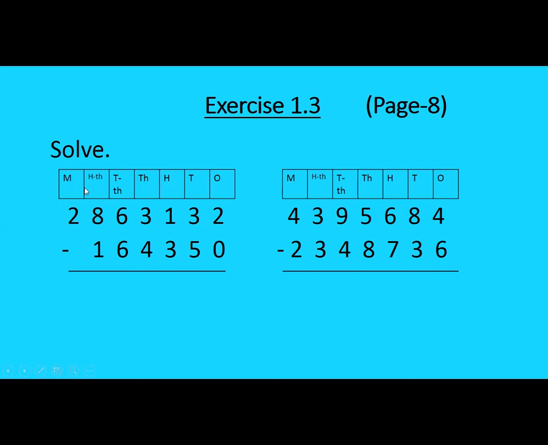Do you know which one this is? This is an international place value chart, because in the international place value chart we get 100,000 and millions, but in the Pakistani place value chart we just get the lakhs and crores. Okay, my dear students, look at this. Write the numbers from this side. Ones place value 2, 3, 1, 3, 6, 2, 8. Now read it. 2,863,132.